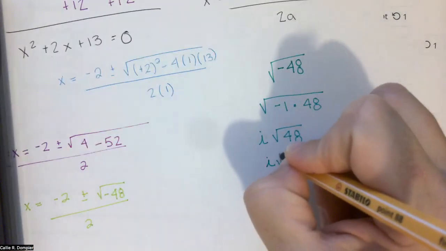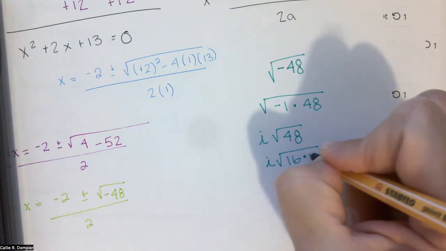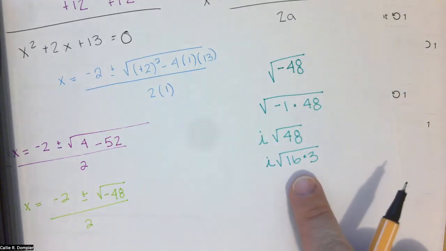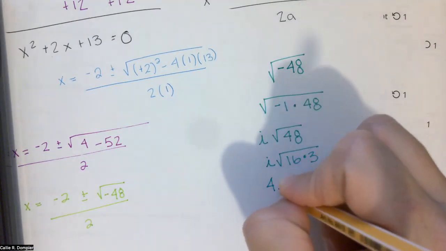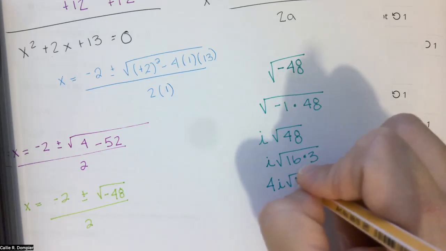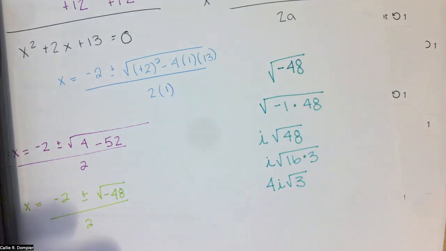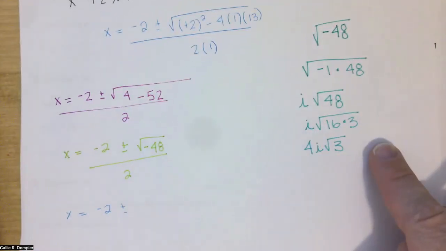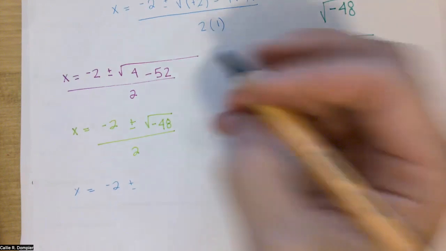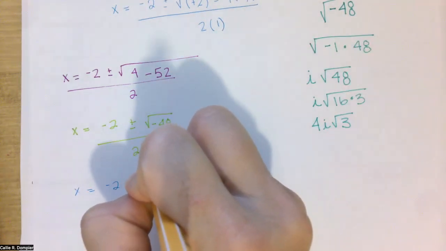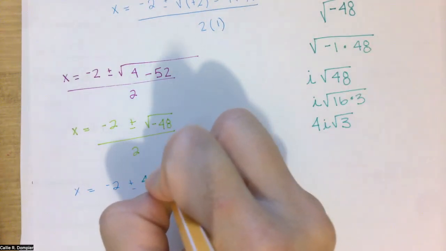I is on the outside. Square root of 16 times 3. What does the square root of 16 mean? I can call it 4 outside the radical. So 4i square root 3 is the simplified version of negative 48. So 4i square root 3